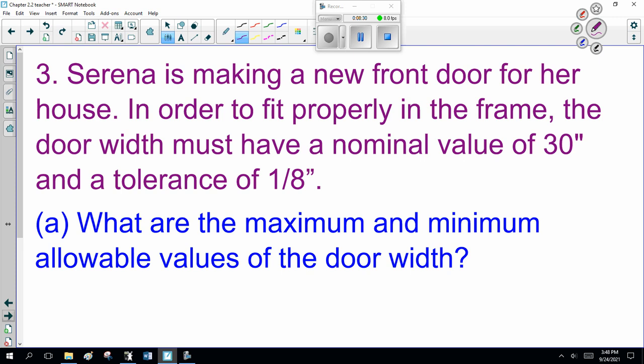Well, the maximum would be 30 plus 1/8. Sorry about that. So, in order to fit properly, the door must have a nominal value of 30 inches and a tolerance of 1/8. So, it's plus or minus 1/8, sorry. So how big is the door? Well, the maximum value, tolerance is half of 1/8. Mr. Sutton, you're getting old. Okay, so